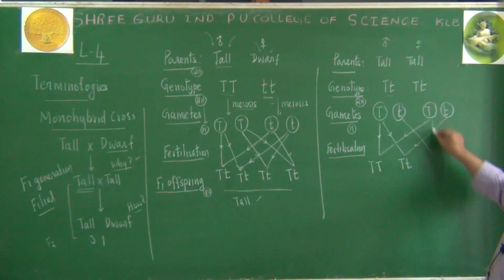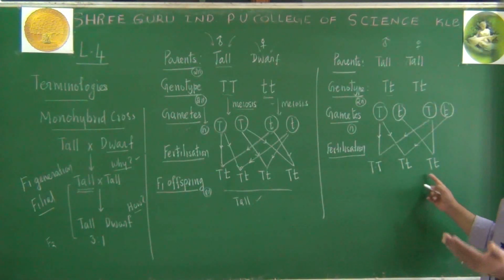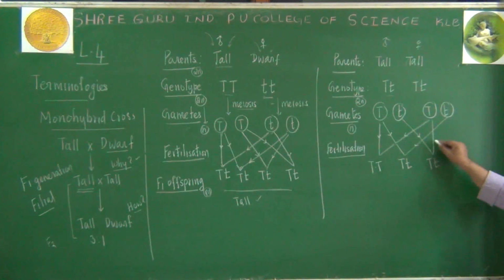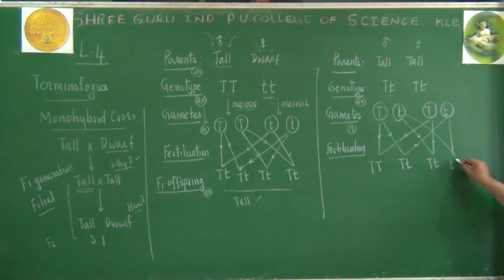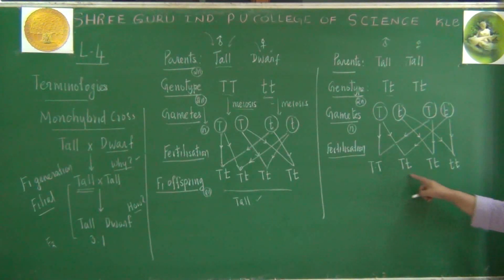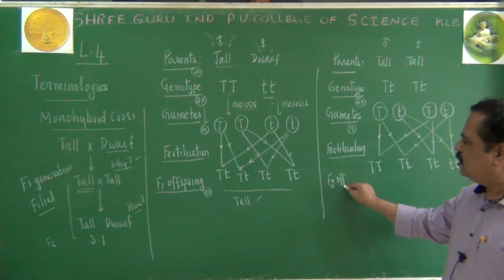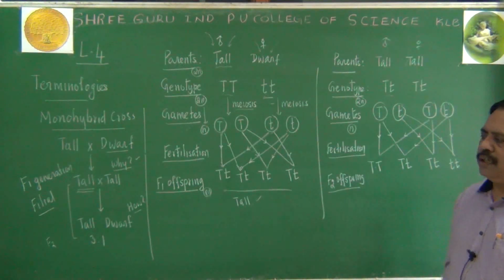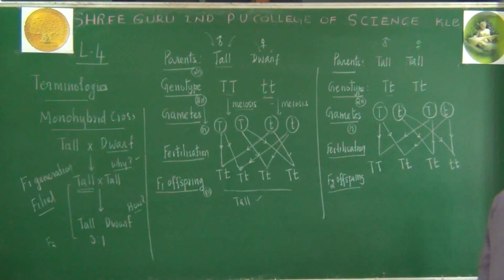When we consider these 2, it will also become capital T, small t. Either you can write it as small t, capital T, or capital T, small t. Both are the same only. That is what we are writing here. And this one will become small t condition like this. Try to understand the offspring, the F2 offspring. They can be called second generation offspring, or otherwise second filial generation. First filial generation are here, second filial generation are here.